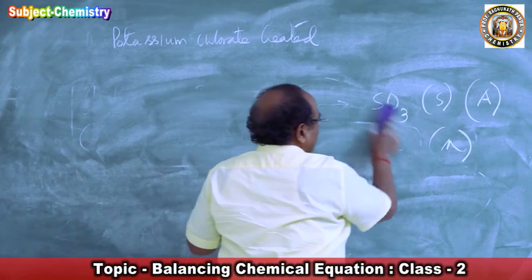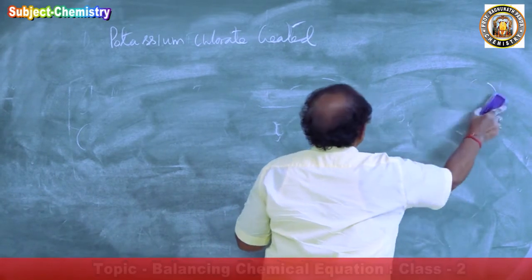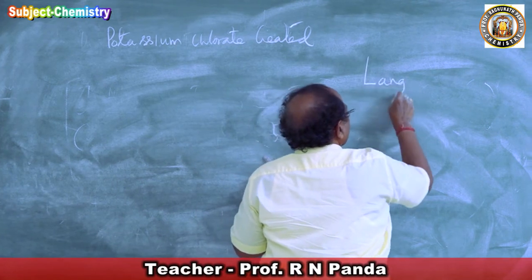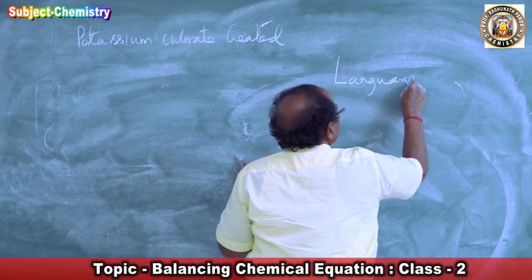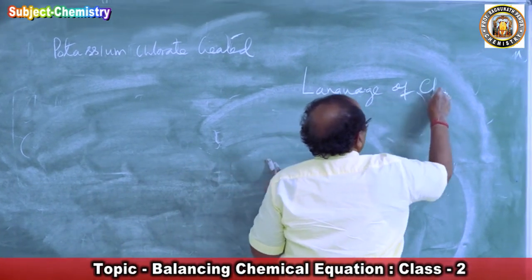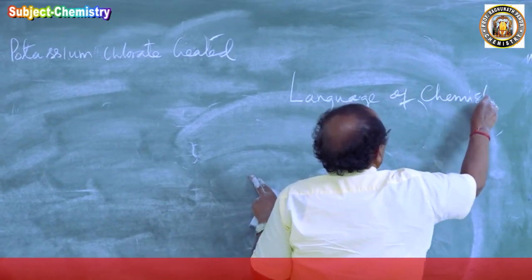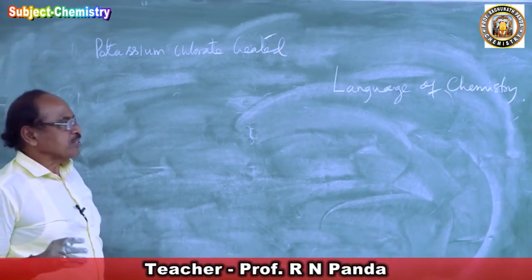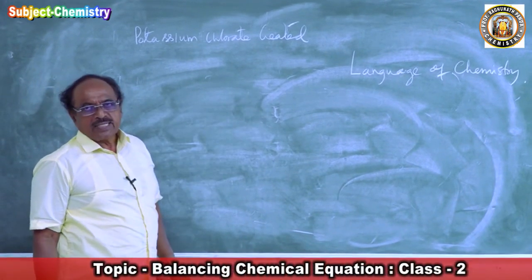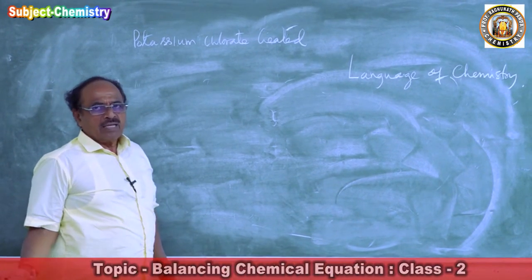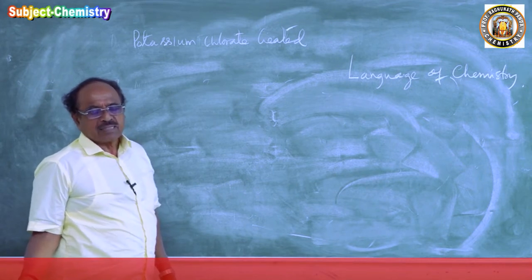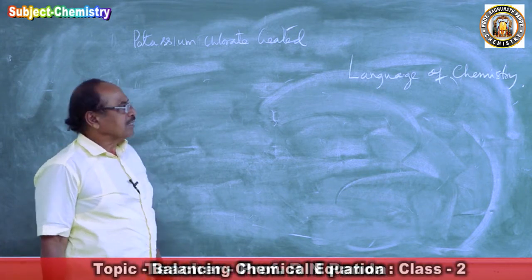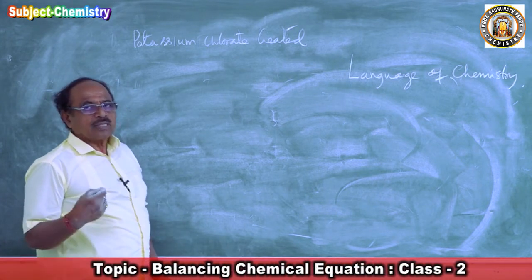So next class when you come, you please purchase a book called Language of Chemistry. There is a book available in the market, Language of Chemistry. You procure this book. If an old big book is also there, it's all right. There will be many equations present. Kalyani Publisher is selling, S. Chand is selling. Many book companies are publishing this book. You purchase any book you have, or you borrow a book from somebody, but have a Language of Chemistry, so you will have many equations.